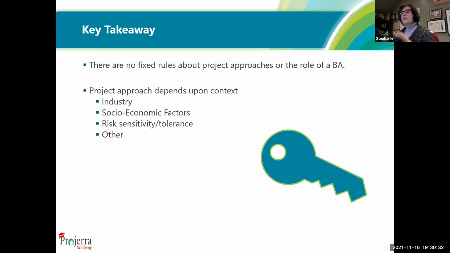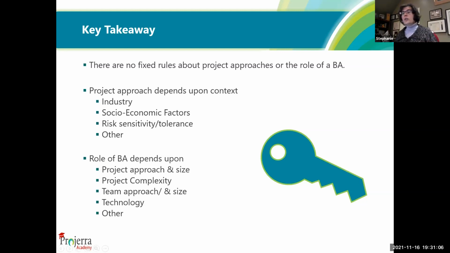You're going to have different project approaches depending upon the context of which industry you're working in, the socioeconomic factors around that particular project, the risk sensitivity or tolerance of your organization, and other things that need to be considered. The approach we used at Cognos isn't going to work in the government. The approach that I used when I was at Global Affairs isn't going to work when I'm at Shared Services. So I need to look at all of those factors and what makes sense in the context of that organization and that project.